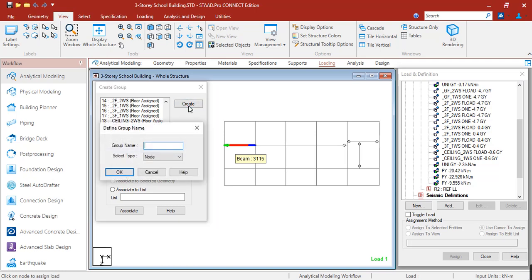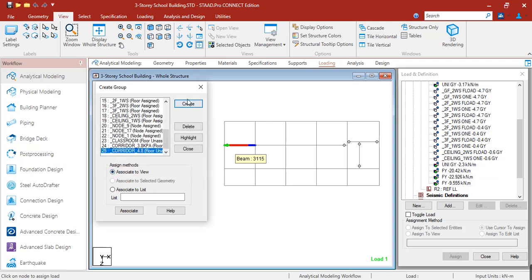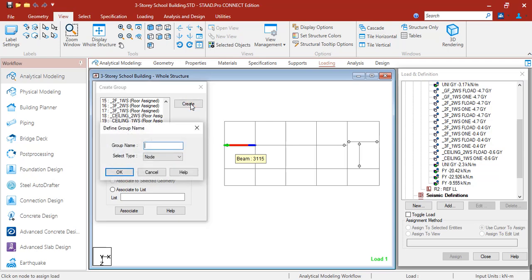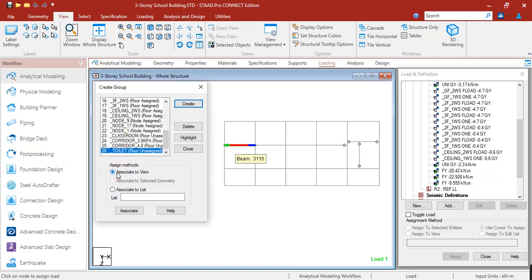Then another group for corridor 4.8 kPa, because 4.8 is for the ground floor, 3.8 is for the corridors above ground floor. Select type is also floor, then OK. Then lastly, we need to set up a group for the toilet. Then click floor, OK.